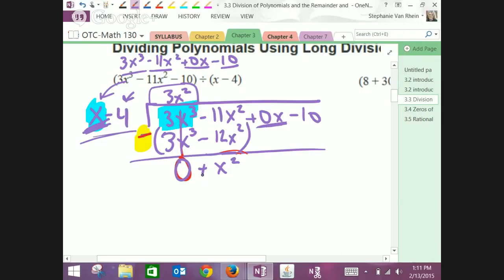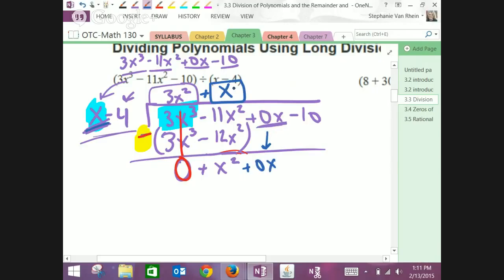So now, what do I need to multiply? So I add something that I multiply by x to get x squared. X, right? You guys see that? So I picked x because I want to get rid of x squared. Okay. Because that's now my highest term, because I got rid of the x cubed. See that? Yeah. I'm going to go ahead and drop the plus 0x, because now when I have that x,